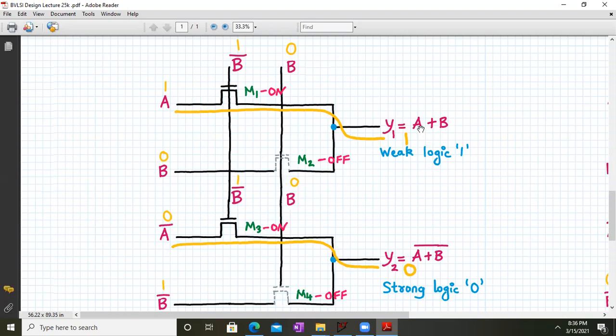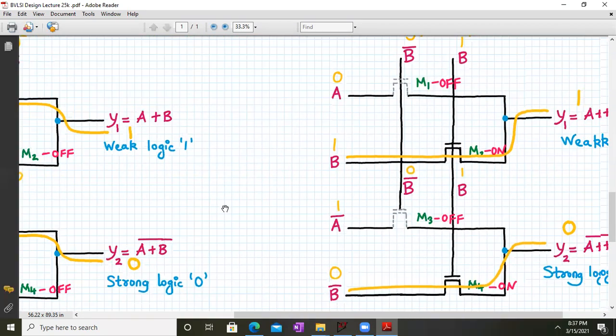And it is true. A plus B, right? So it is 1 plus 0, I mean logic 1 plus logic 0. So it will give you a logic 1 output, correct? But there will be a weak logic 1. Similarly, M3 acts as an N-pass transistor and it passes a strong logic 0 to the output. So as you can see, we are getting complementary outputs. Here Y1 is A plus B and Y2 is the complement of that. So whatever you get over here, you will get exactly the complement of it. In this case, the M3 NMOS pass transistor passes a strong 0. That's why we get a weak logic 1 and a strong logic 0 for the OR and NOR operation.